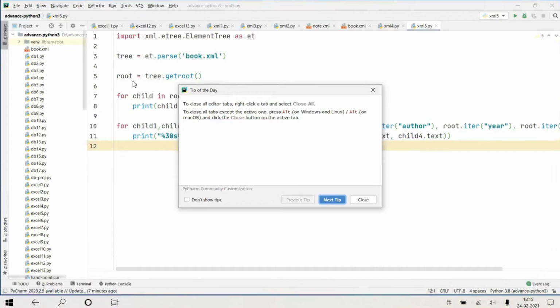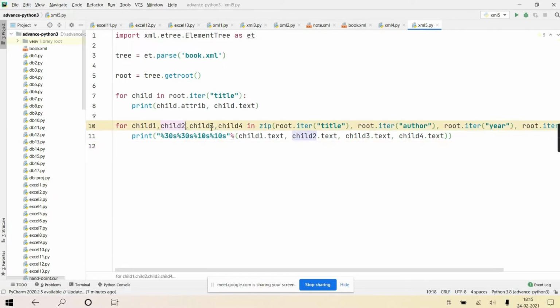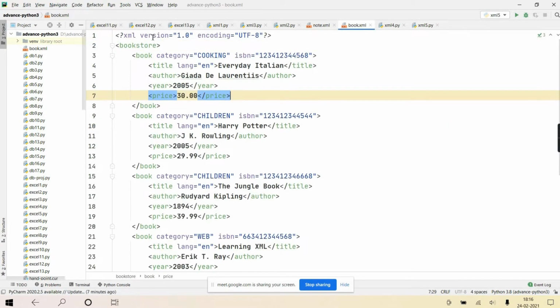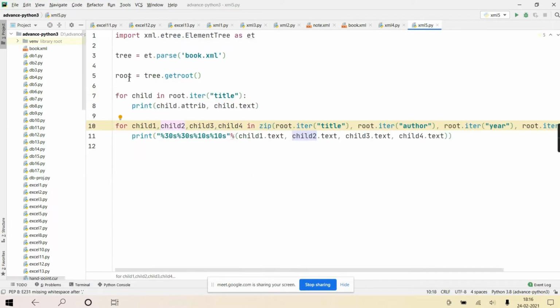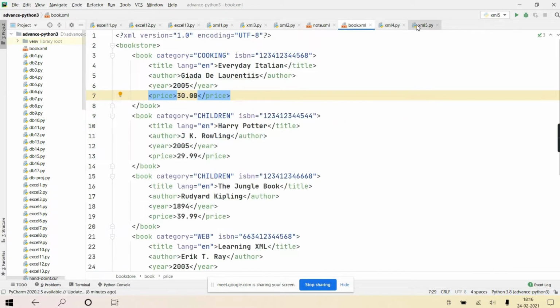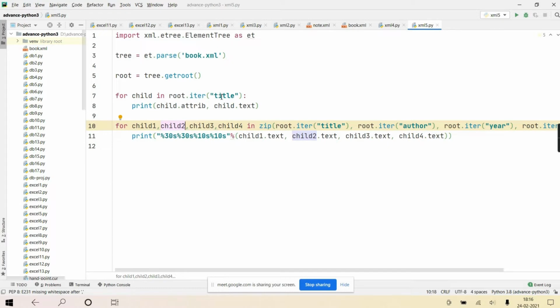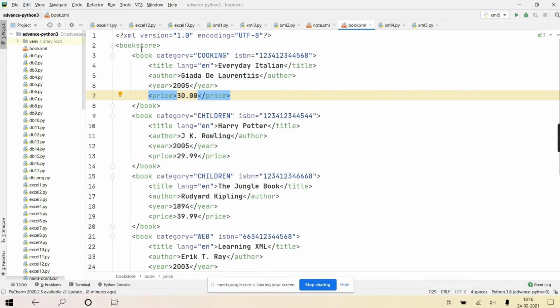We'll just quickly recall it. See, yesterday I gave you this. In the first part, it is only returning all the elements from this book XML, and root means this bookstore. It's your root object in this program. This root object is representing the bookstore. And then when I wrote root.iter title, from here onwards, inside the children's children, it will search for all the elements with the tag name title.